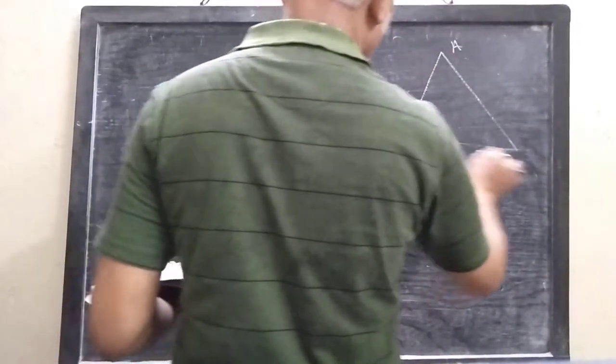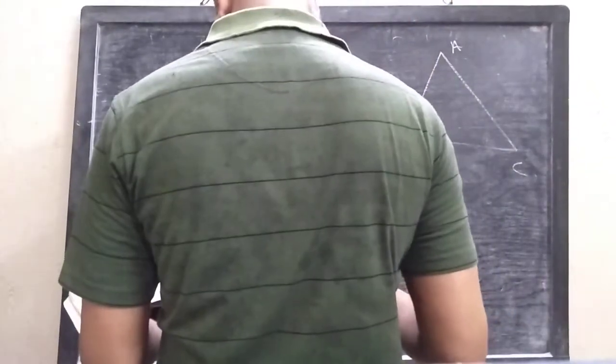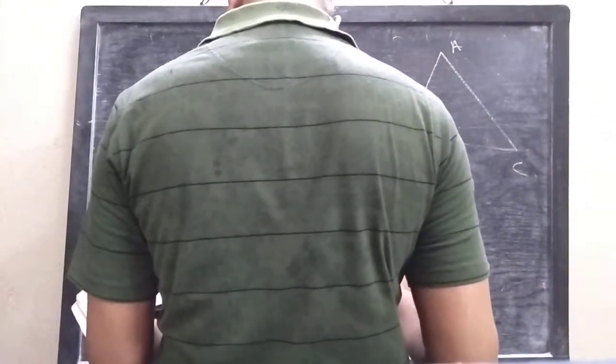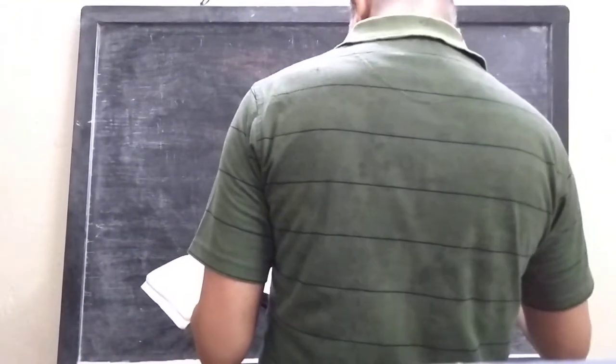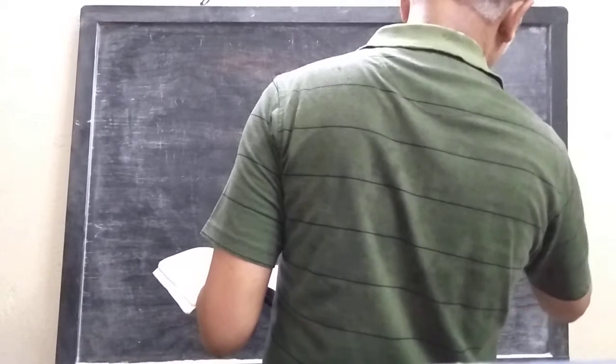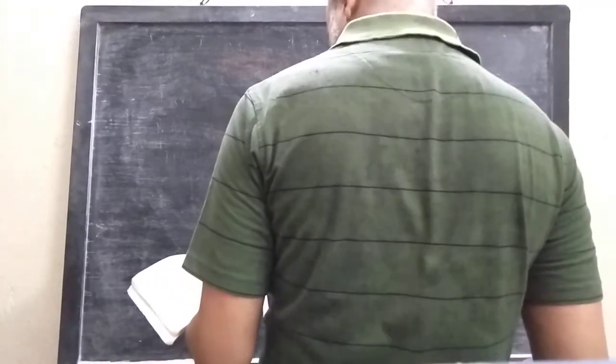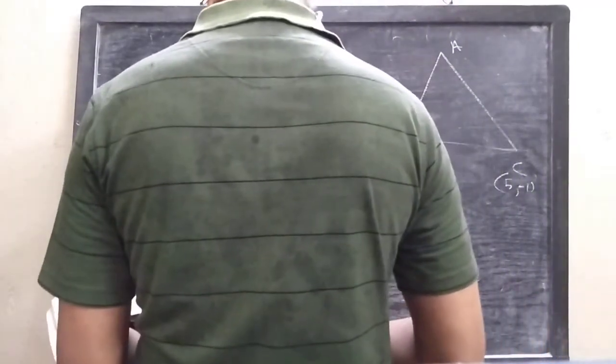Let us consider triangle ABC and let its vertices B and C have the coordinates (minus 2, 3) and C has the coordinates (5, minus 1). If the orthocenter of the triangle is at the origin,